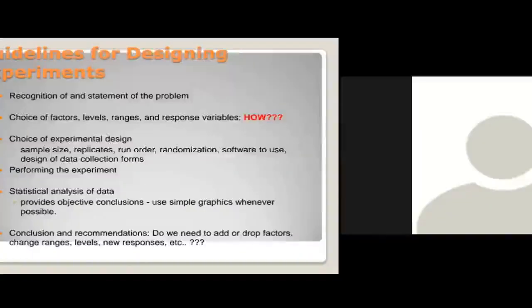Here you could have multiple outputs also. For taking tea, output will be taste, second will be the color, third will be the smell. I want to achieve all these three outputs on a single input scale. Similarly, for machining, I will have n number of outputs. I want good surface finish. I want maximum material removal rate. I want a good amount of etc. All these multiple outputs I will combine together and I will have a single strategy. So I will call it a multiple response also.